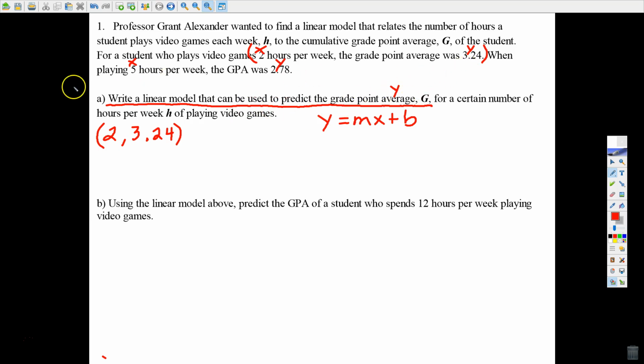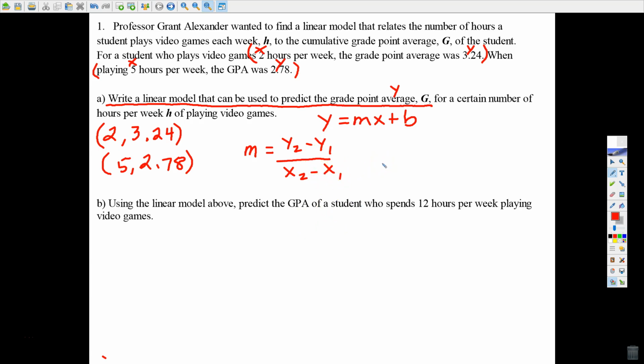There's another ordered pair. It comes from this phrase here at the end. X is 5, y is 2.78. Well, now we're in great shape. This is like a review problem because we know if we're going to write the equation, we've got to come up with the slope. Fortunately, we're professionals at using the slope formula, the change in the y's over the change in the x's. So grab your calculator